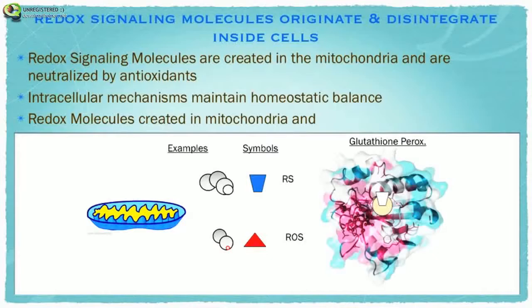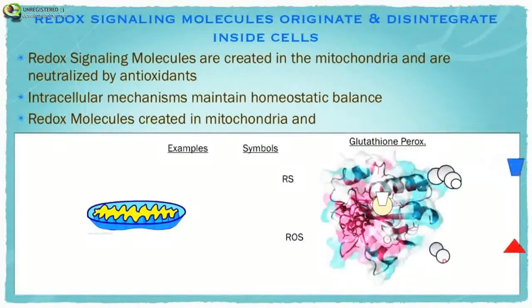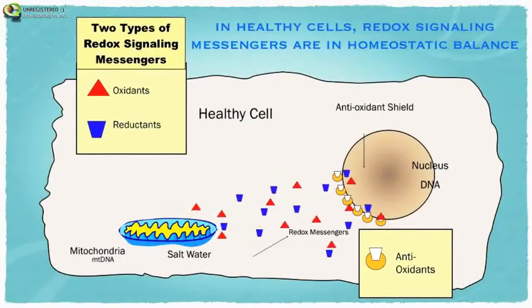Now there's two kinds. One has a positive charge, one has a negative charge. The negative charge is called a reduced species. The positive charge is called a reactive oxygen species. So these are produced in every cell. Some cells have thousands of mitochondria, some have just a few. When they're produced, if there is an over amount or an imbalance in some way, glutathione has a way of breaking down these excess molecules to allow for the maintenance of homeostasis. And of course, glutathione is primarily located near the nucleus, a very important protected area of our cell.